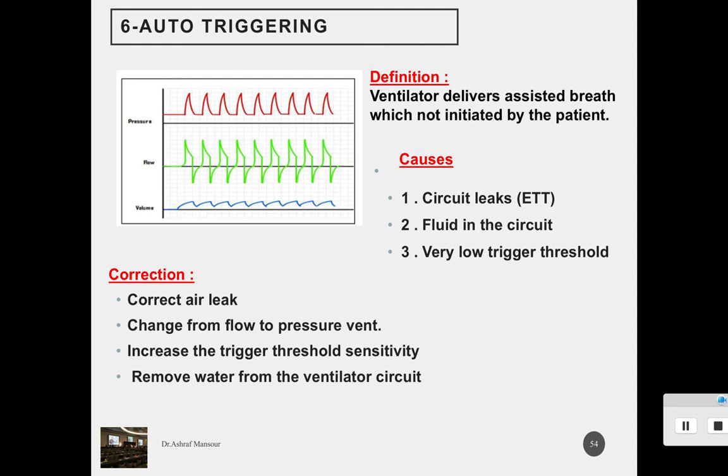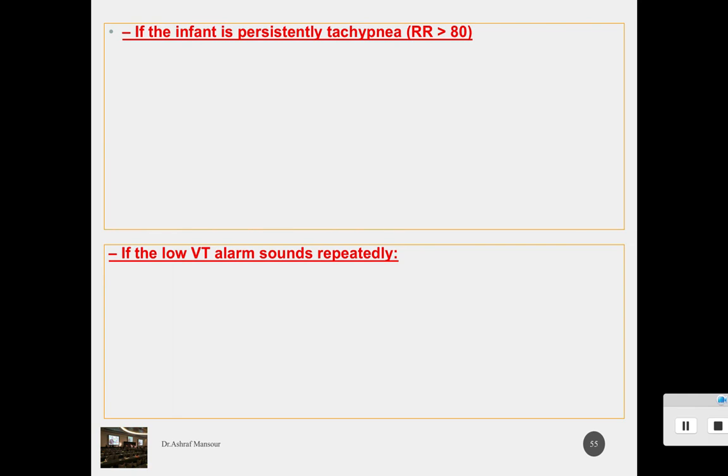You have to correct the air leak. If you are using PSV, change to pressure control, increase the trigger threshold, remove the water in the circuit, and then look at your baby. After that, he will settle, and the PCO2 will come back to near normal. But if you find that the baby is persistently tachypneic, more than 80, it is not auto-triggering. So before you extubate your baby and say that the baby is agitated from the ETT and needs no support,